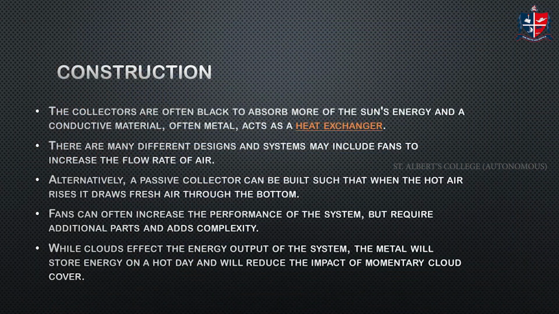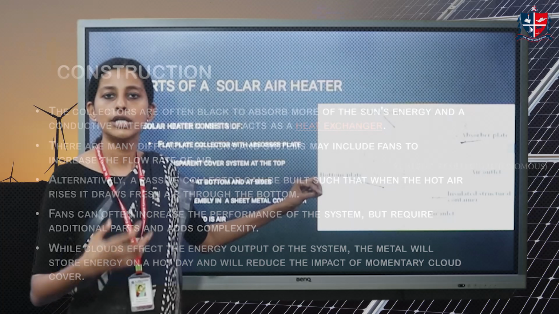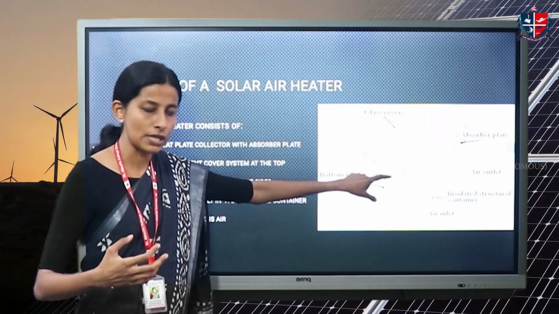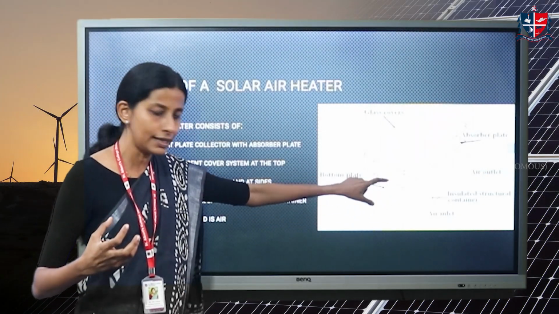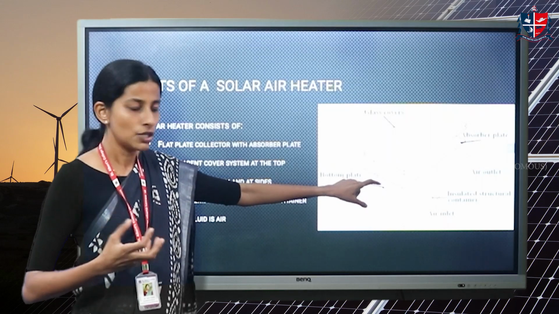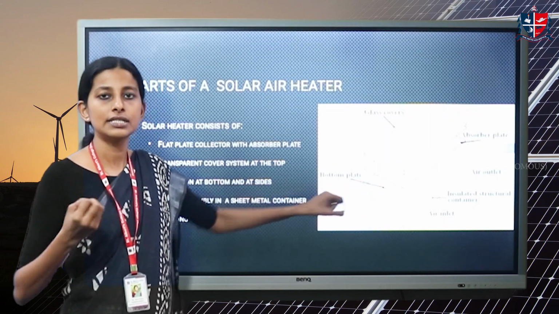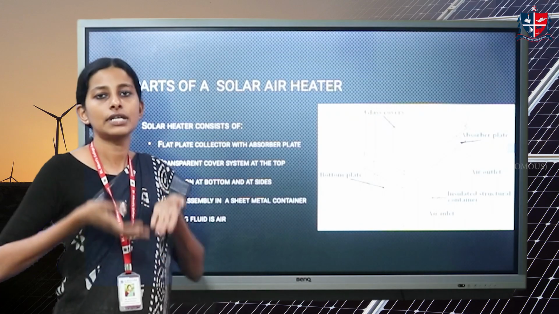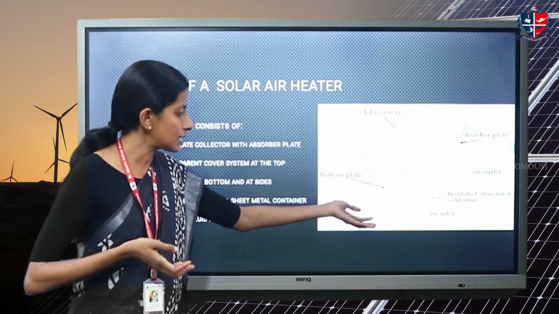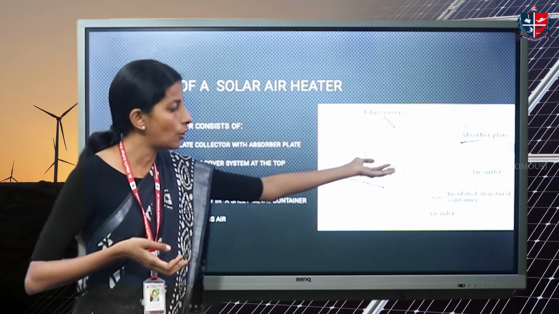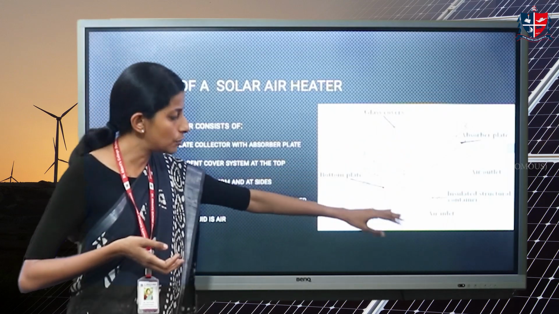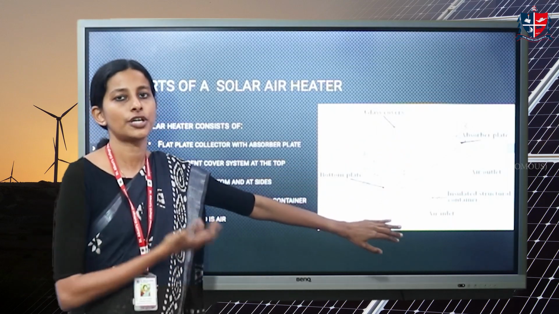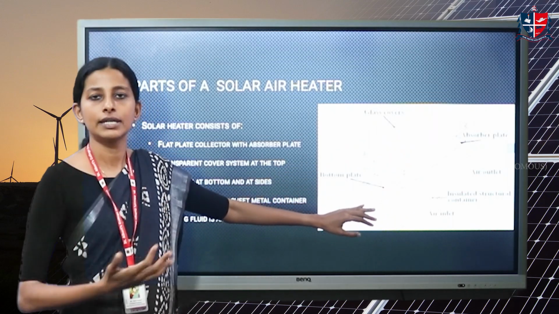From the name itself we can know that passive air heating means we do not provide any additional or external devices for the circulation of air. That is, fresh or cold air just moves inside the air heater and gets heated. When any object gets heated, its density decreases. So it becomes light, and this light object will have a tendency to rise up, right? So this light air will rise up and automatically move through the outlet and provide way for the next batch of fresh air to come in. That is how passive heating happens.